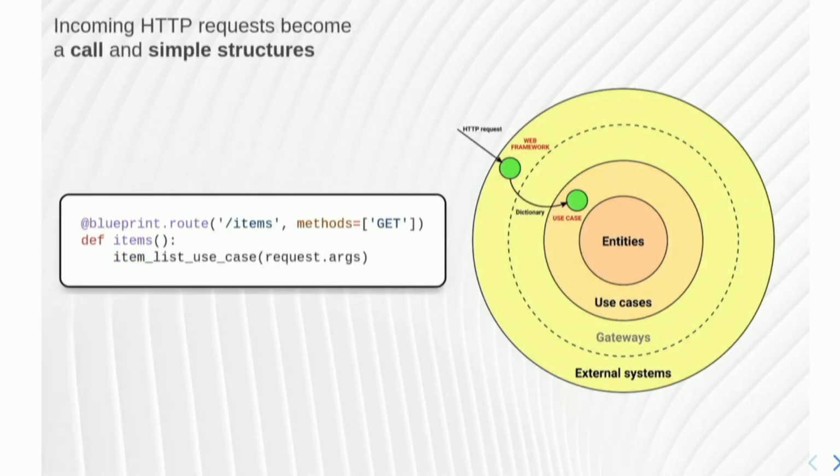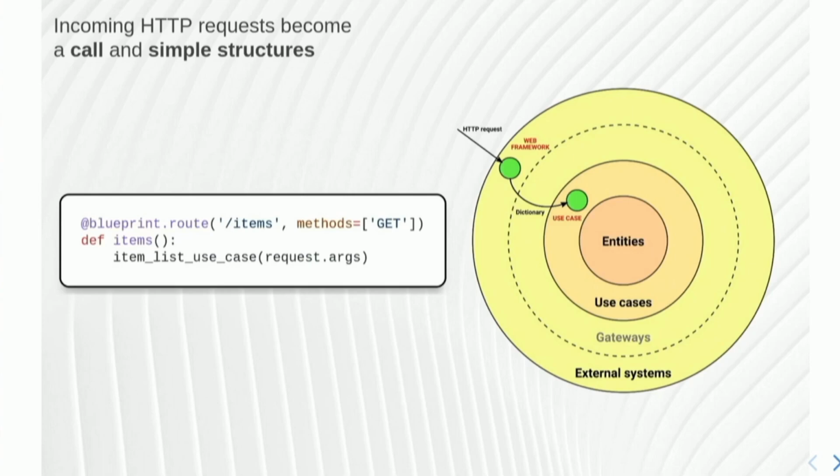Now, what is the task of the web framework? The web framework is there because it has to translate HTTP requests into calls. This is all a web framework has to do. Granted, it's not an easy task, okay? There are many things involved. But this is what the web framework should do. Get an HTTP request and transform it into a call, for example, for a Python function. In this case, this is exactly what I'm doing. I'm calling the use case, which is a function.